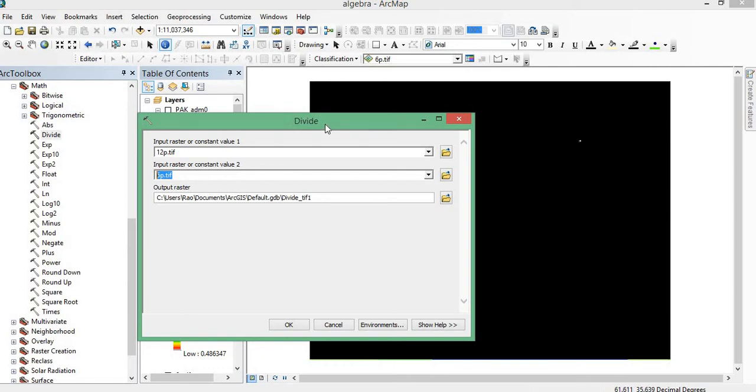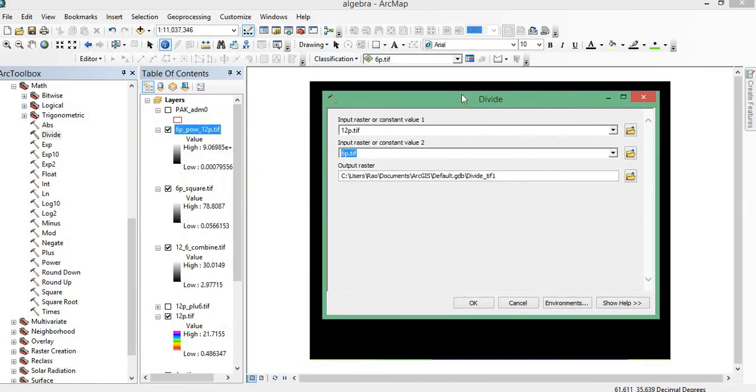If you are using two or three images, 4 images, 5 images, then you have to go to a raster calculator, which we will use after this. So you have to understand what GIS is doing. Basically GIS is performing operations which are very time consuming when we use manual calculations.